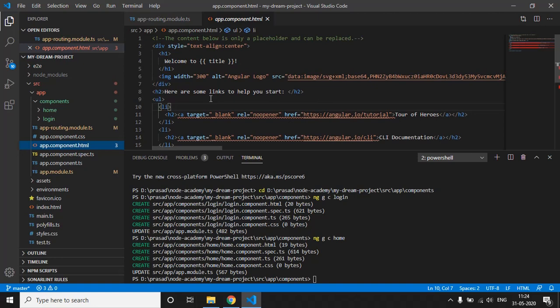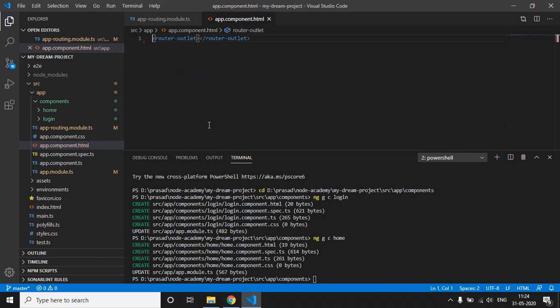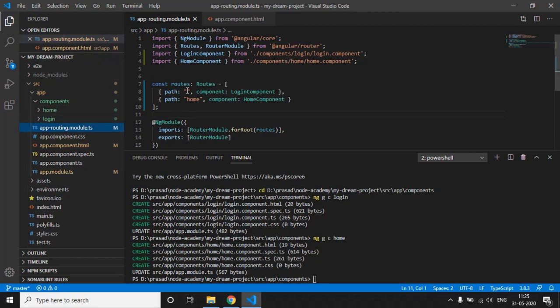But we do not need all this stuff, so we will just delete it, and we will keep just this router-outlet here. The router-outlet is a directive from the Angular router. What it does is it checks the URL in the browser and maps it with this routing, and depending upon the URL it loads that particular component.